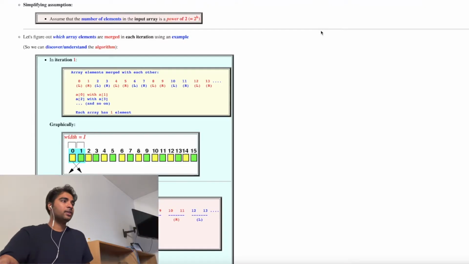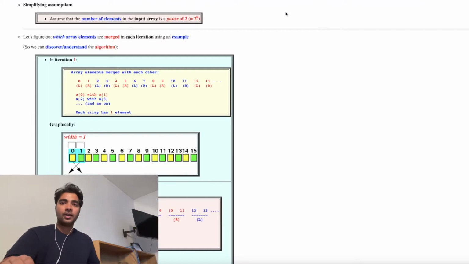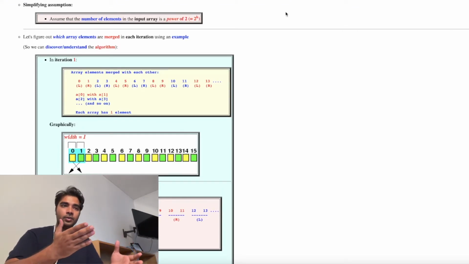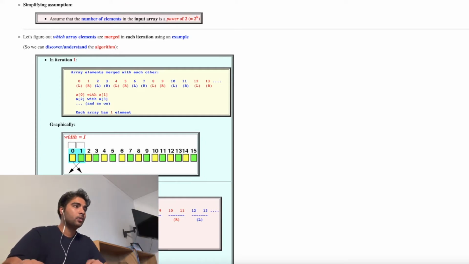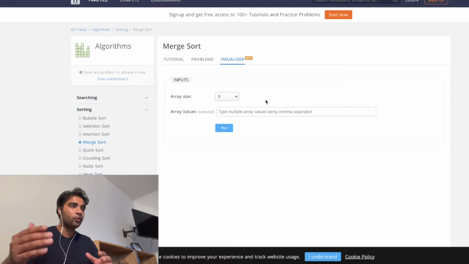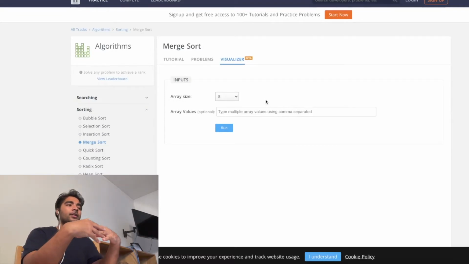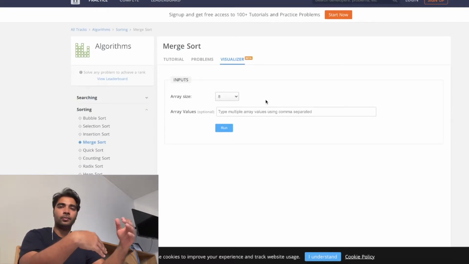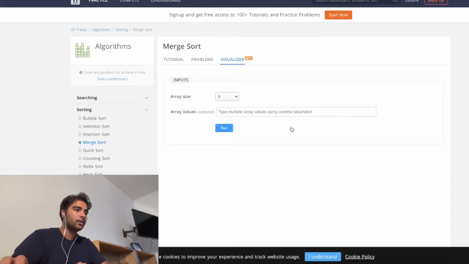Hey, welcome back. So today we'll do merge sort. And merge sort, as you know, is a very good example of a divide and conquer algorithm. You take a big problem set, you divide it into smaller and smaller pieces, and then you start solving it. What you might have understood is that you mostly start reading about merge sort from a top to bottom approach. So, let's say in this example,